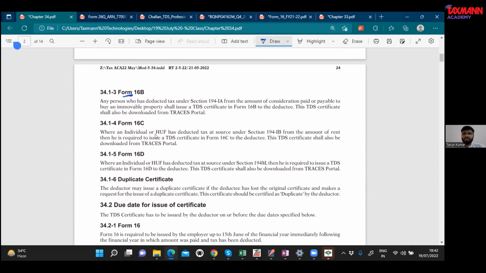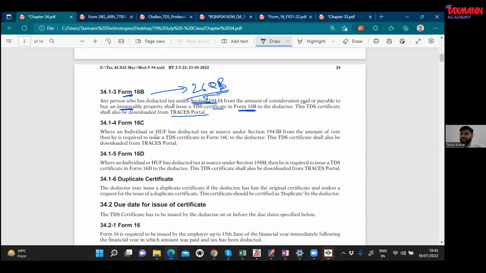Now coming to Form 16B, it is for the tax deducted under section 194IA, for which we file Form 26QB. Right. So any person who has deducted tax under section 194IA from the amount of consideration paid or payable to buy an immovable property shall issue a TDS certificate in Form 16B. Again, this certificate has to be downloaded from the TRACES portal, but this certificate is to be downloaded in the taxpayer category, not as a deductor. Forms 16 and 16A are downloaded as a deductor, right? The remaining forms are to be